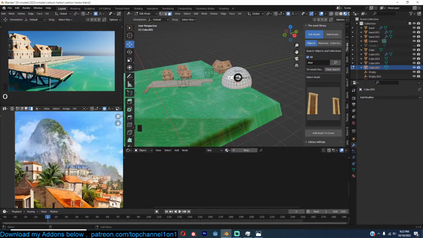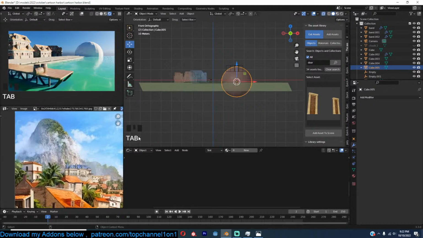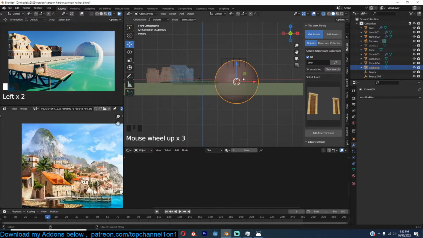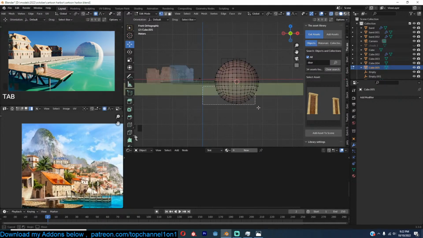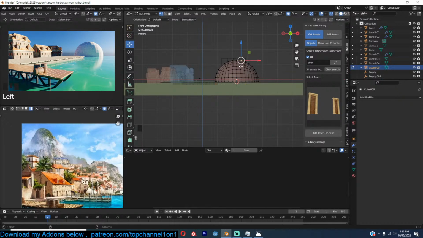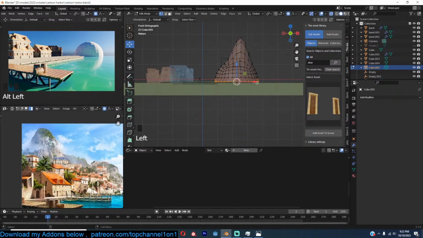Turn on proportional editing. I want to create these mountains in the same style as they have. Or a much easier approach is just, yeah, let me first try this. Turn on proportional editing. I was thinking of just using